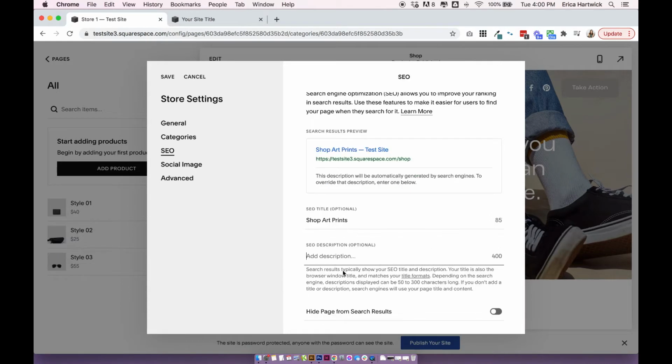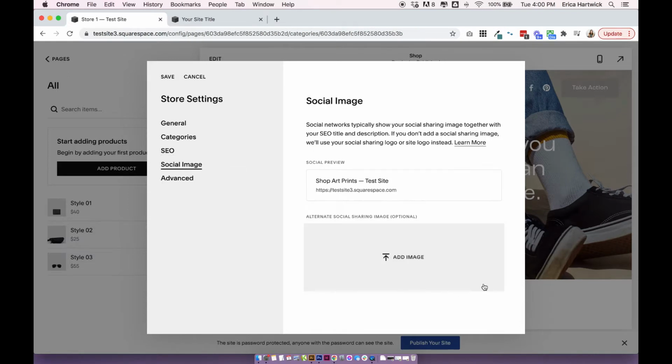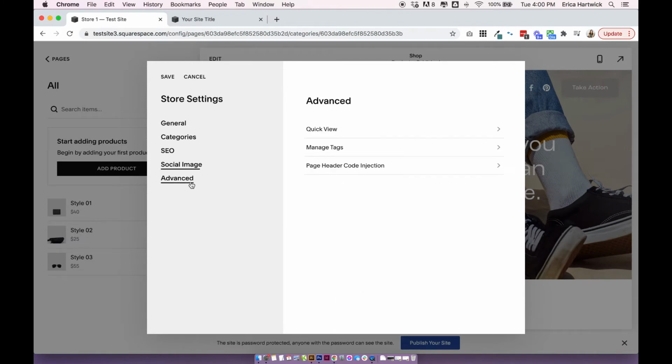And then for your actual SEO description, make sure you add something here that really describes your store and makes people want to click on it, because that's really important for SEO. You can add a specific social image here for your store if you want to. And under advanced, click on quick view